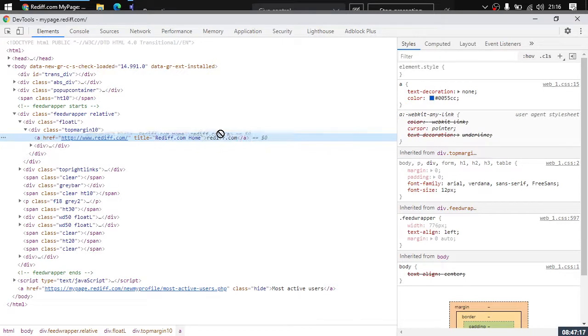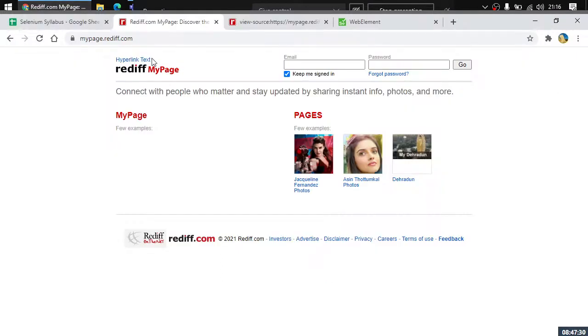In between, we can specify the text that we want to have. I can change this text here. Say hyperlink text, right? I'll hit enter and you can see that it will be changed, right? So here the thing is that you can specify the text. You can see what the text is here.